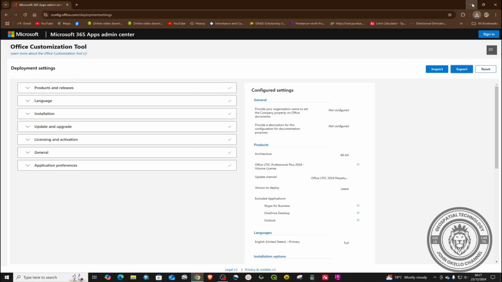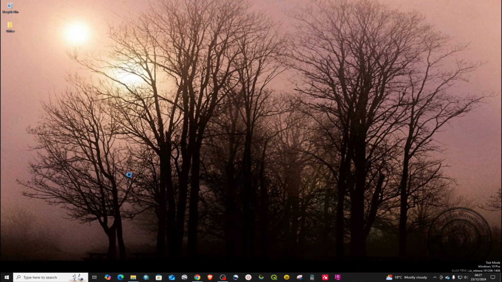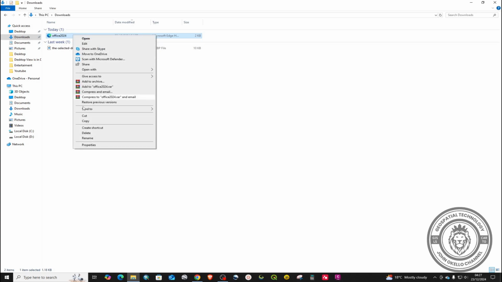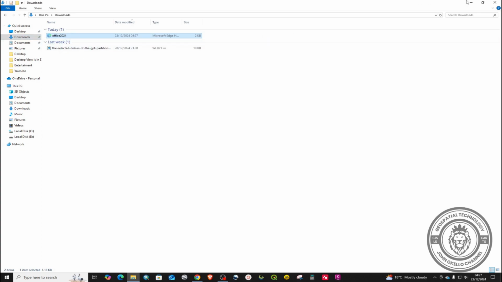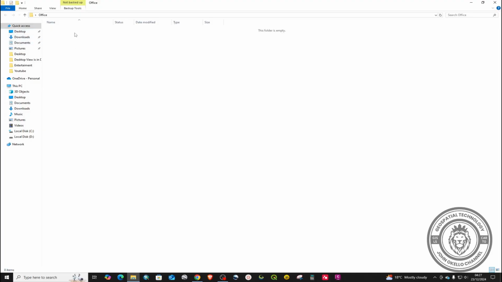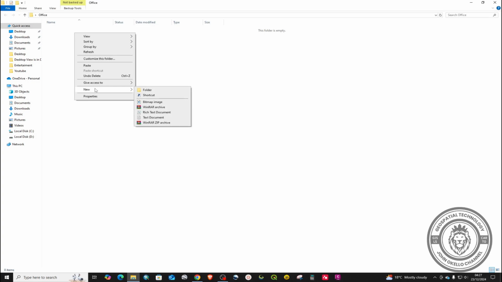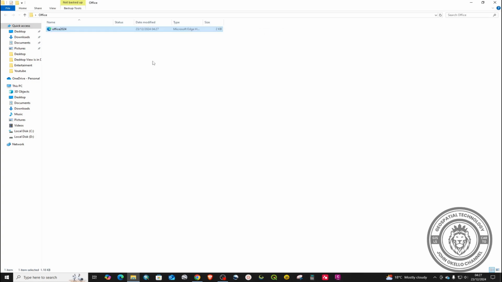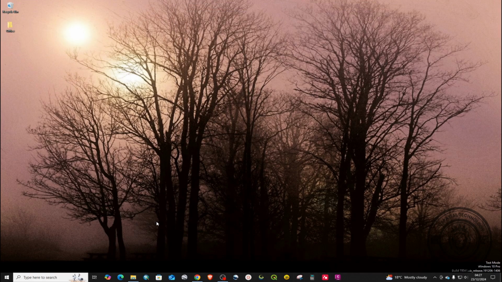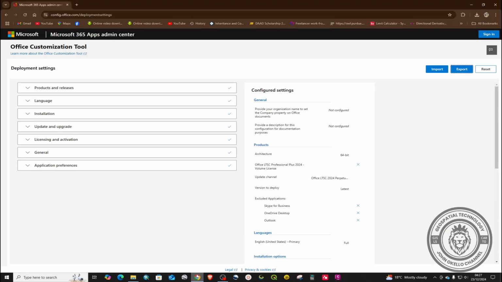So let me just minimize this and go to downloads. Of course, that's the default folder for downloads. So I'll right click and cut. You can decide to copy, but for me, I'm going to cut the file and paste it in my working folder. So let me just paste it there, and so now that we have that file,